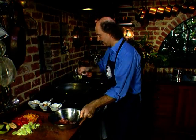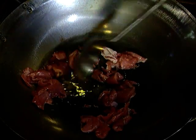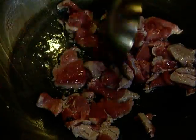As with any stir frying, a good heat source is very important. Too many stir fries end up being stir stews, and we don't want that. A little at a time is another good idea. Into a hot pan goes some oil. A canola or peanut oil is ideal, and the pork is quickly tossed till its colour changes. It's not necessary to cook it right through at this stage. Then I remove it,